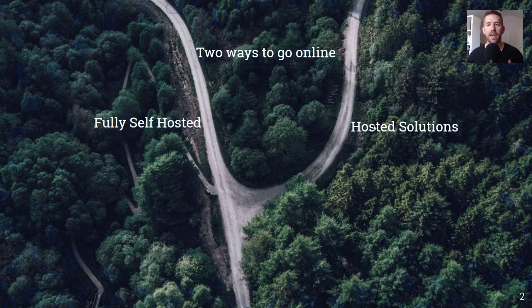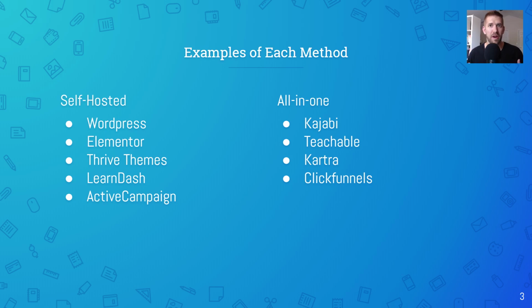On the other side here, we have the hosted solution route. And this is really what the focus of this week is on, that all-in-one platform route. So we'll show you some examples of who these are in a second, but essentially these guys give you everything you need. It may not be exactly how you want it, but it's everything that you need to get the job done, and they tend to do it in a cost-effective and more simple package. So the question becomes, which one is right for you?